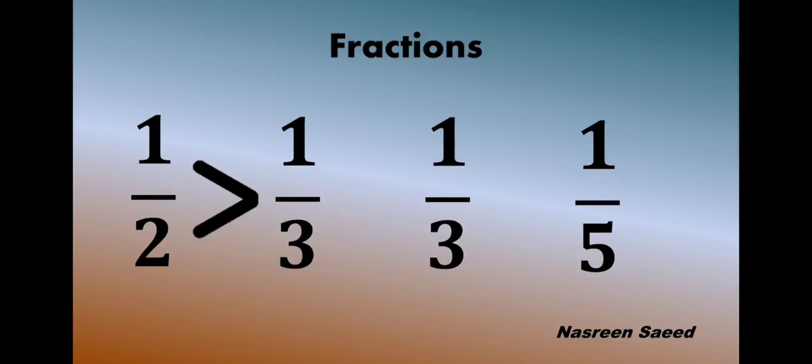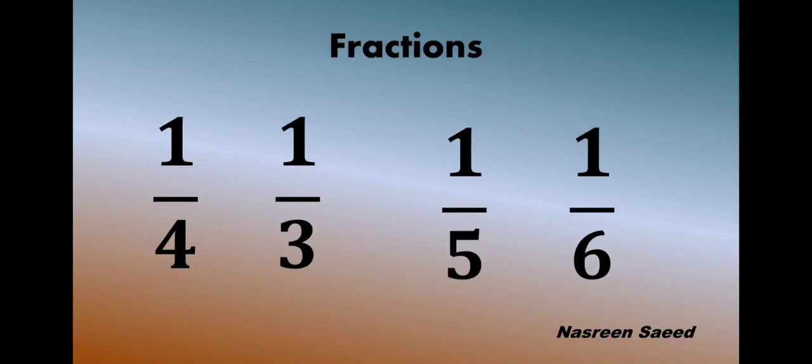Then we have 1 upon 3 and 1 upon 5. Which is the greater number? Yes, 1 upon 3 is the greater number, because denominator में जितना number small होगा उतना हमारा number दूसरे compared is bigger. Now if you see 1 upon 5, अगर normal 5 रहेगा तो number bigger है, but it is 1 upon 5 in a fraction, so it is smaller.